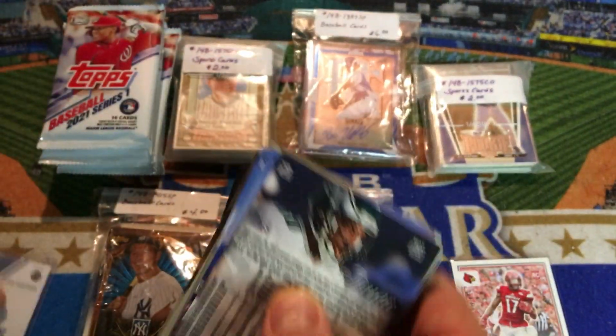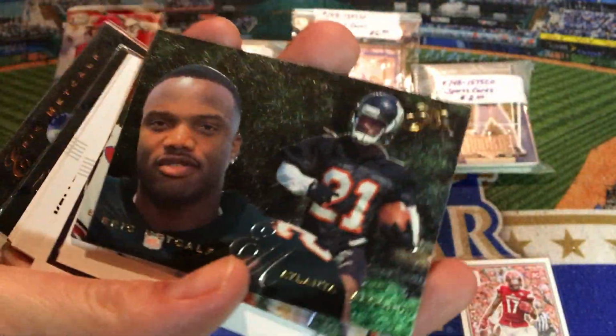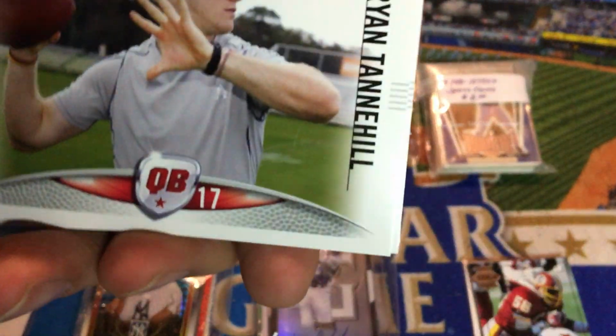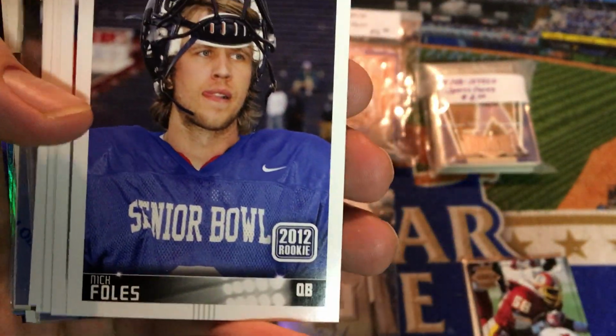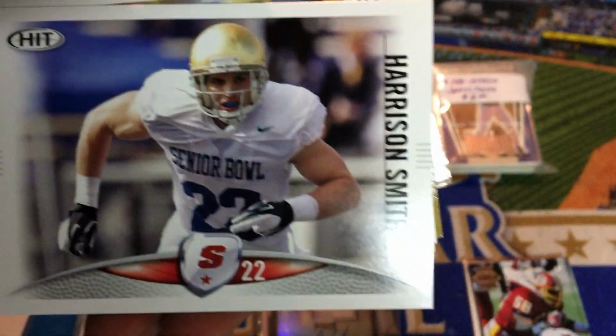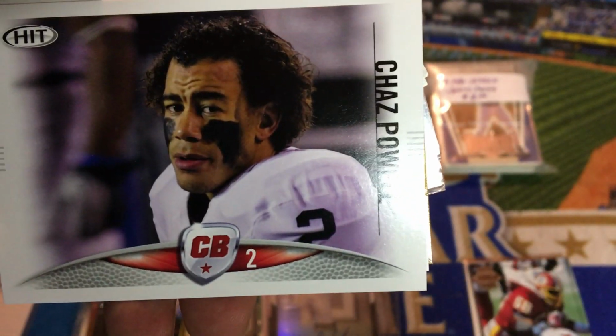We've got all of these just kind of Carl Banks, Collector's Edge, John Randall. Remember he used to put that WWF face paint. Eric Metcalf. These are bringing back some memories. Eric Swann for the Phoenix Cardinals is what they were called back then. Tannehill, that's probably the best one we've seen so far. Nick Foles, this is one of these little off-brand ones. Kellen Moore, Harrison Smith for the Vikings. We've got Cyrus Gray, Chaz Powell,